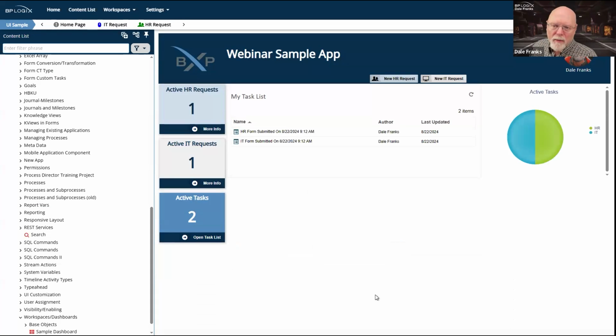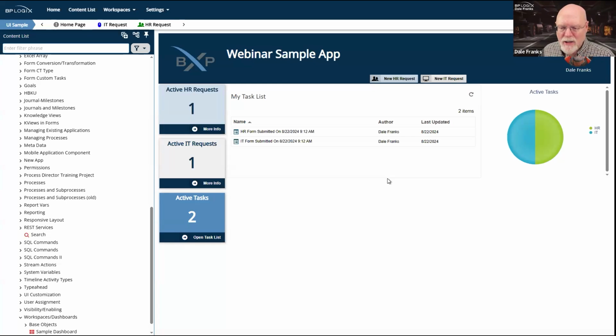But this workspace, when run, as we saw earlier, this UI sample workspace, now it provides me with the UI. I think it's a nice UI. It's certainly a BP Logix UI in terms of color scheme. Now, any change that I make as far as the dashboard goes, just automatically gets reflected when I import the application. The UI now is literally just built into the application itself.